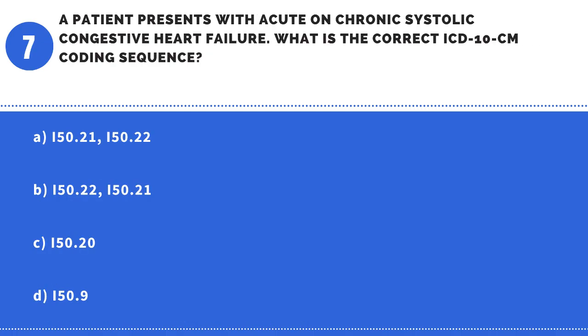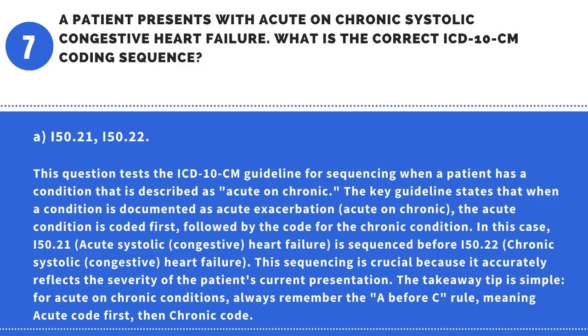Question 7. A patient presents with acute on chronic systolic congestive heart failure. What is the correct ICD-10-CM coding sequence? A. I50.21, I50.22. B. I50.22, I50.21. C. I50.20. D. I50.9. Answer A. I50.21, I50.22. This question tests the ICD-10-CM guideline for sequencing when a patient has a condition that is described